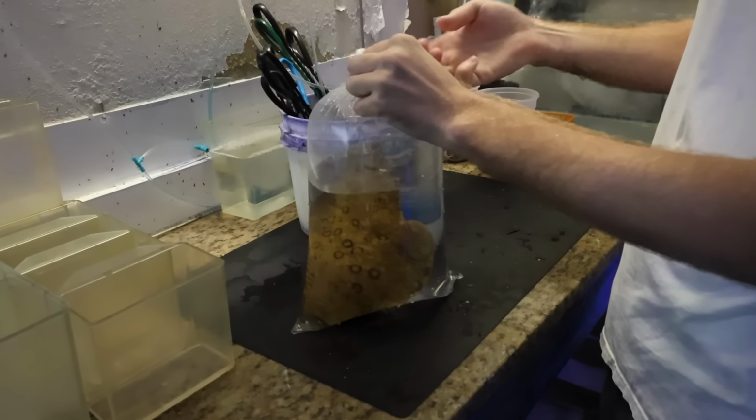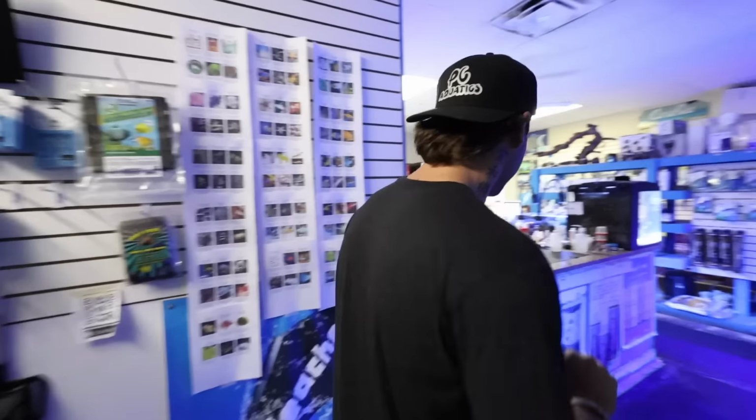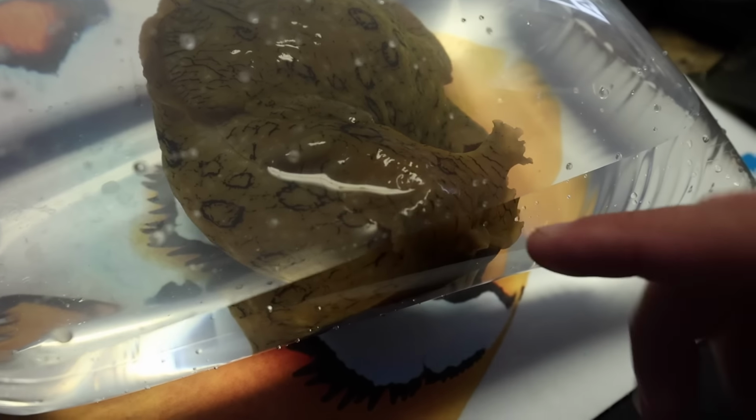You know, I never thought in a million years I'd be bagging up a sea slug, sea hare, whatever you want to call it. Such an interesting species. You really never know what's gonna happen when you click one of my videos. Look at that thing. His head is right here. He just moves it around with his two little...